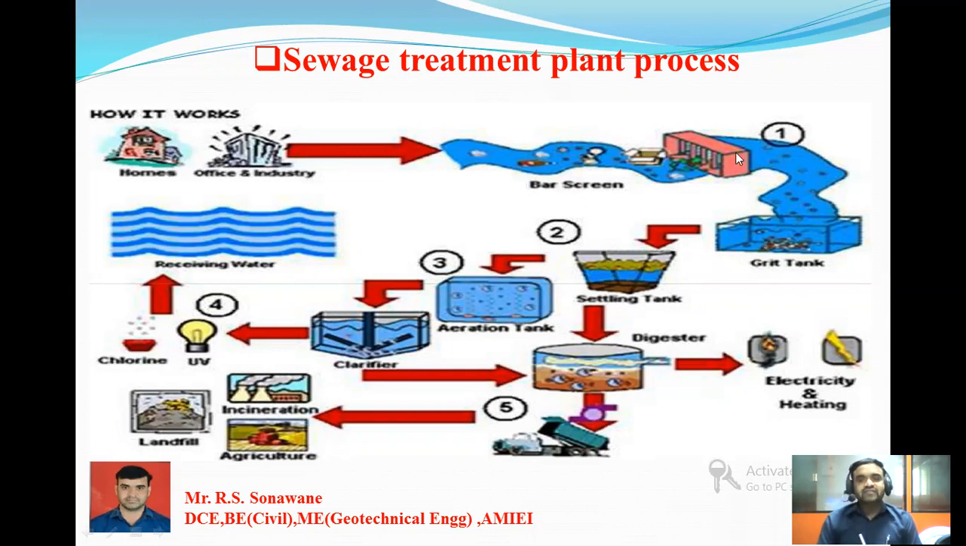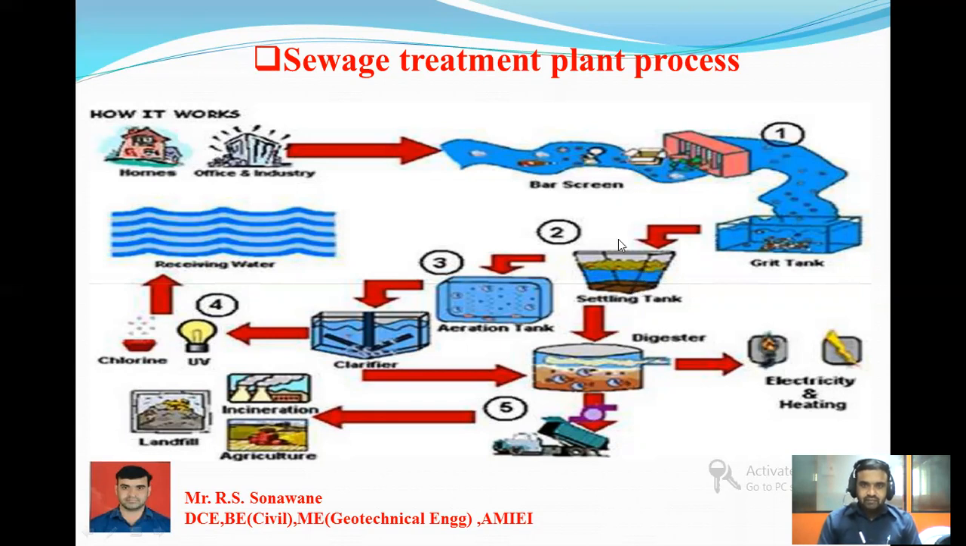When it enters the sewage treatment plant, it first goes through the primary stage, which includes different units, that is the bar screen, grit chamber and others. The first here is the bar screen chamber, and through the bar screen chamber the floating material can be removed and the remaining material goes to the grit chamber. After the grit chamber it goes to the settling tank,